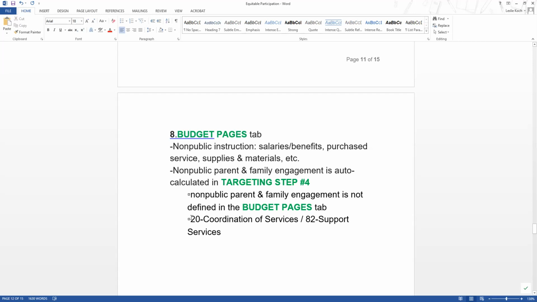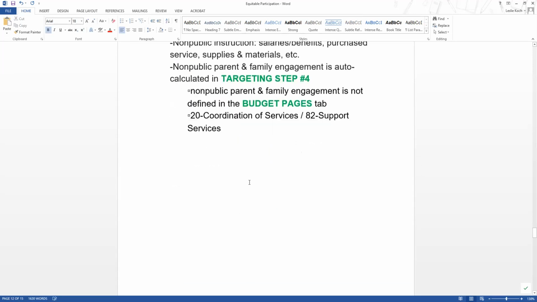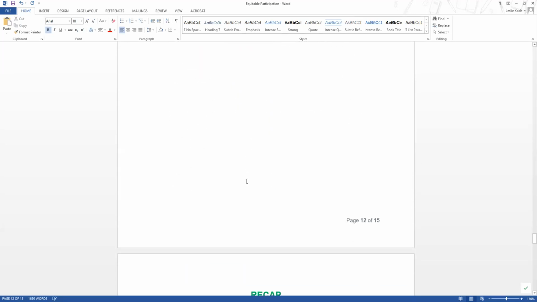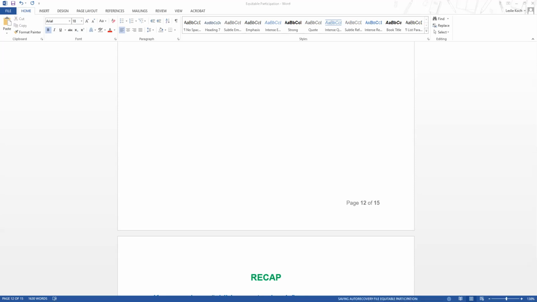Here's a couple of recommendations. Maybe go 20 coordination of services or 82 support services to adequately budget for non-public parent and family engagement in the budget pages tab. So before we go to our recap, let's do a different share here, and we're going to do a new share, and we are going to go to screen number 3